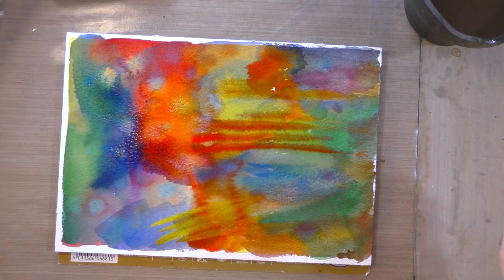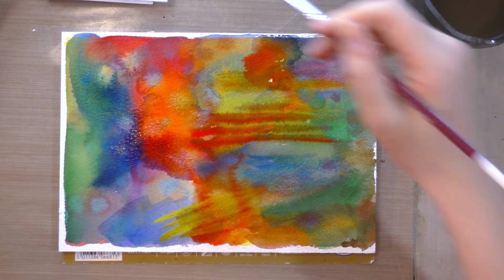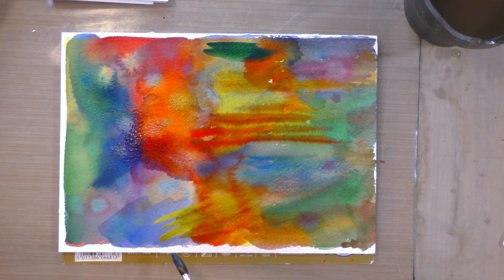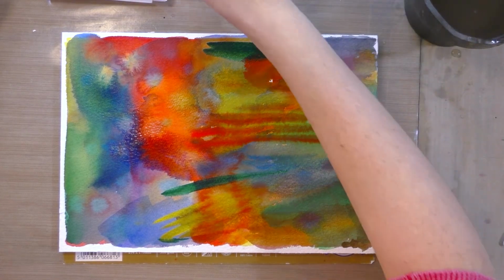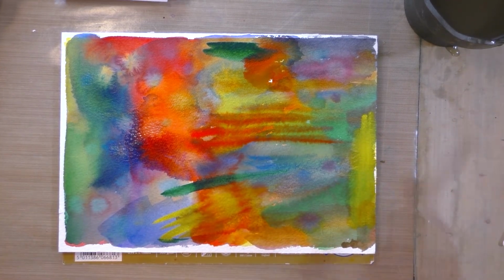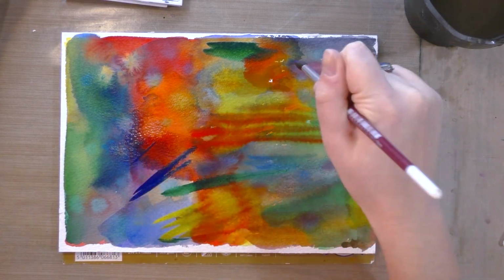And I need colors that retain a lot of their vibrancy when they dry. One of the big compliments I get on my watercolor work is that everything is so saturated and so colorful. And that's something that I think a lot of people don't really associate with watercolor, because often watercolor is presented to us as this kind of pastel medium. So for me, colors that are vibrant but still translucent and are not going to necessarily be water reactive. So when I put another layer on top of them, they don't immediately lift back up. Those are all properties I'm kind of looking for when I'm testing watercolors and when I'm watching other people's reviews of